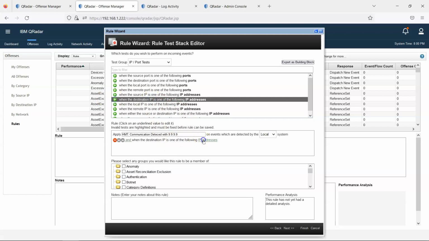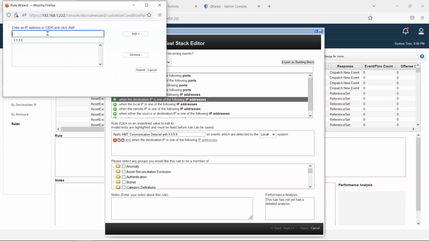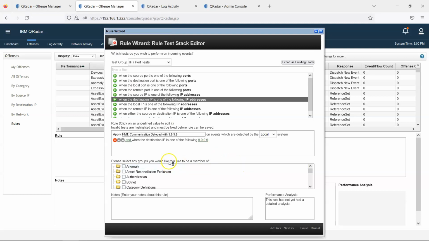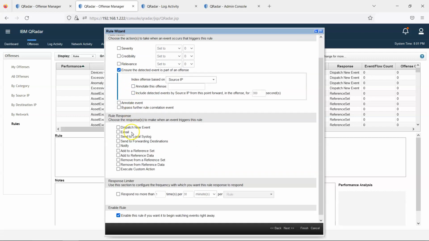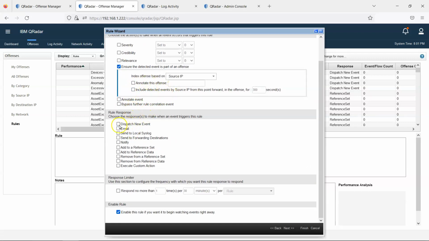We can add here the 9.9.9.9, add, submit. Okay, so we can make the condition more accurate, or more performant. From a performance point of view, we can make it more efficient by adding the log source type, by adding different things as we learned before. But just for testing, we will make this, and then ensure detected event is indexed by source IP, dispatch new